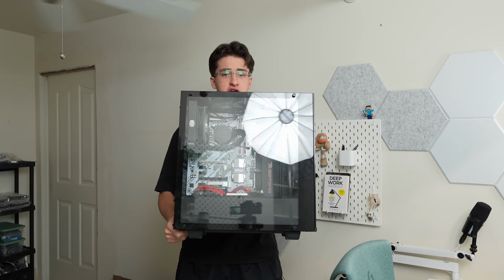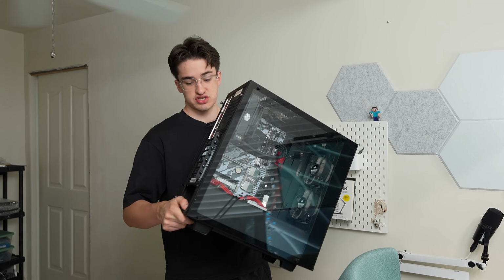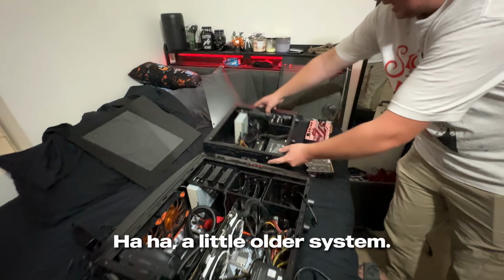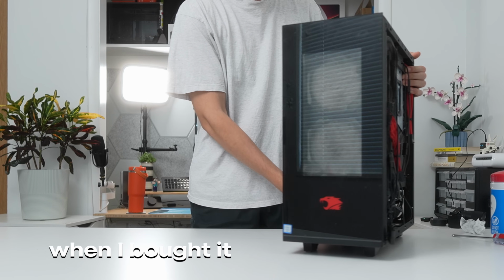I'm on my way back right now. I'm gonna work on another computer, and that one should make us a lot more profit than this one. So here's that computer I'm talking about. It's almost a full build. It actually has a graphics card. It's not in there right now, but it's missing a power supply. I bought this on my Facebook Marketplace in a bundle deal, and for this computer, I paid